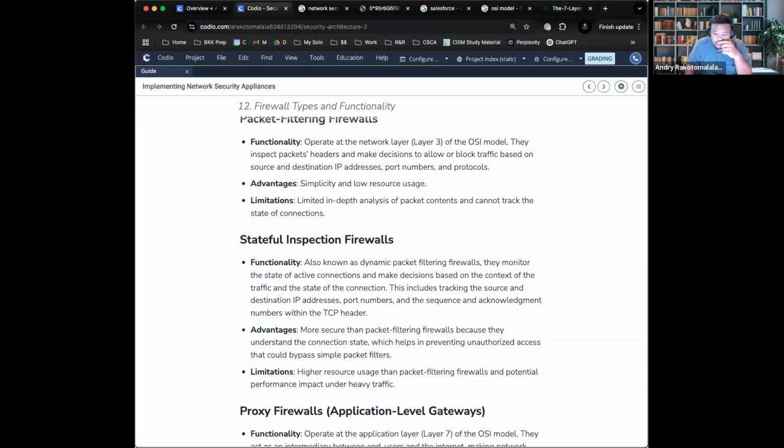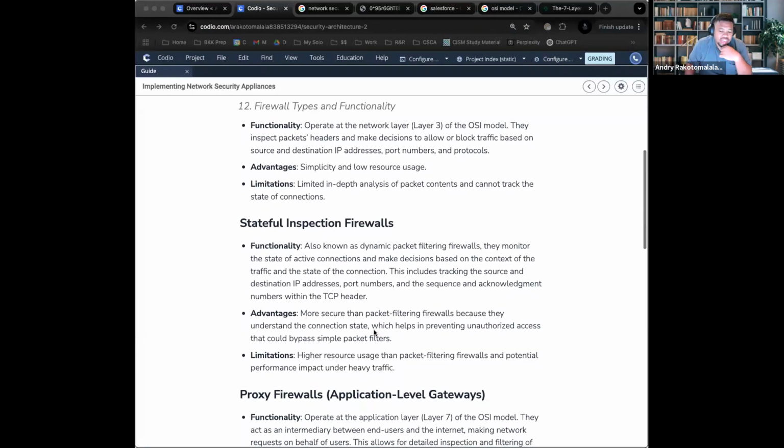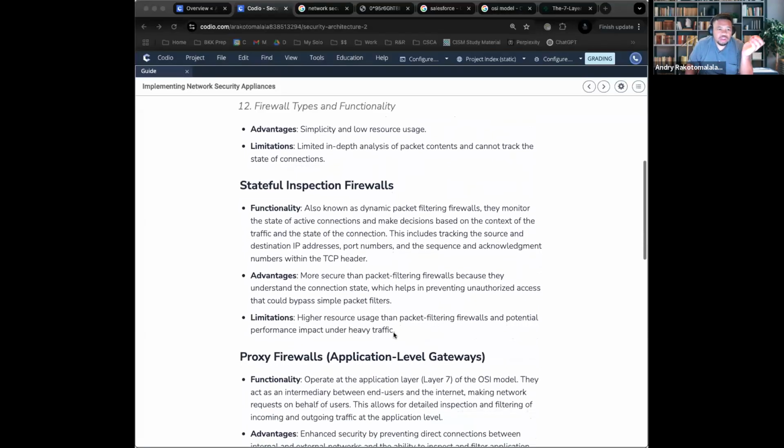So when it comes to stateful inspection, what it does is it tracks the sessions and then makes decisions based on the traffic state. Okay. The benefit of that is that it's stronger when it comes to packet filtering. It gives it more data and more information to filter through the packet. Now, the bad part is that it does take a lot of resources. A lot of resources means that the performance of the network could be a little slow if you have a lot of firewalls that are inspecting all of this data.